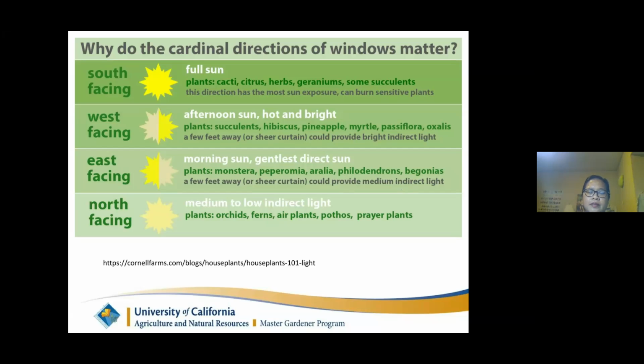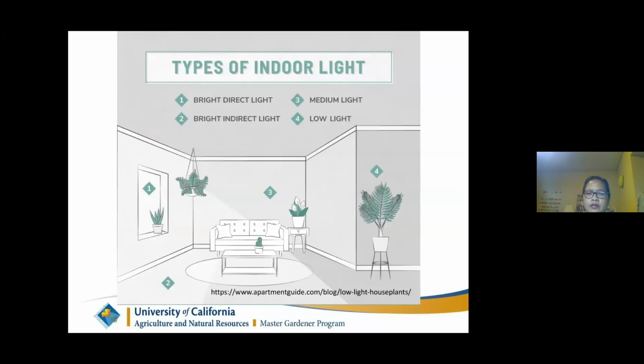So that's a medium indirect light. And the north facing could get medium to low direct light, and you can have orchids, fern, air plants, pothos, and prayer plants. So I like this picture. So when you walk in the room, this is the types of